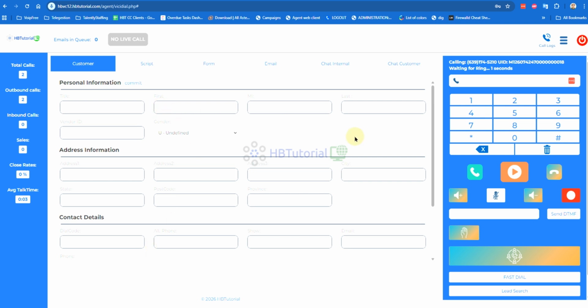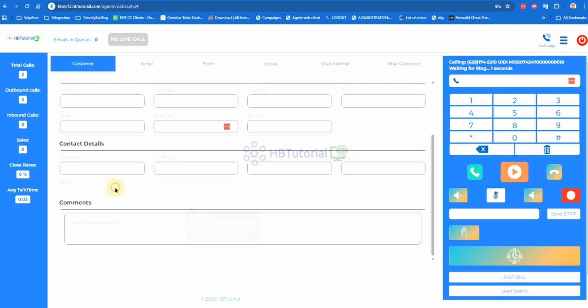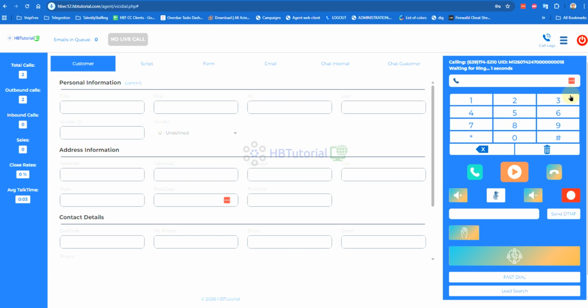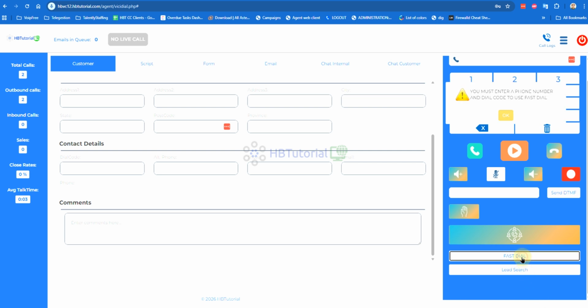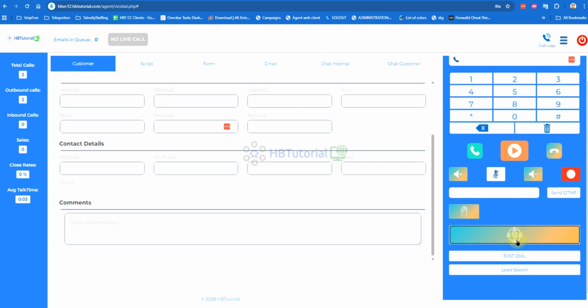So this is what it looks like on the customer info: female, address one, address two. So you will see the stats over here. Two calls. Okay. So transfer. So this will be a dial next number.